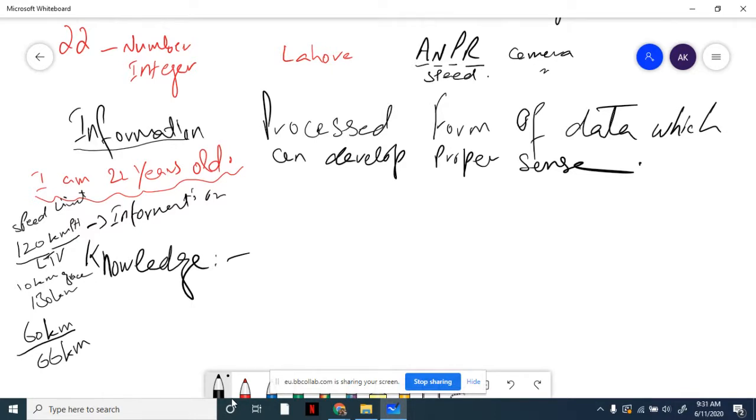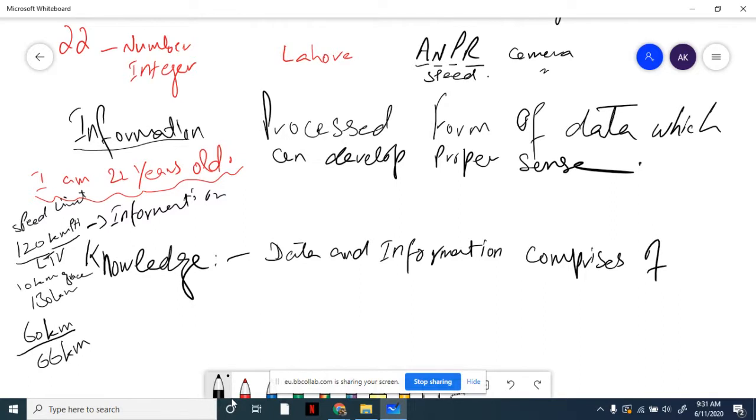So knowledge means information. नहीं, इसको हम ऐसे लिखते हैं, we said data and information comprises of prior experience. जब हमारे पास डेटा और इंफॉर्मेशन जो है उसमें if we add our experience, और जो भी we have,